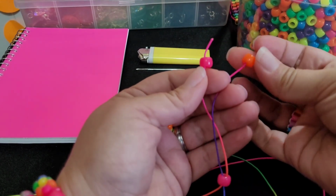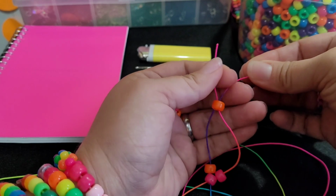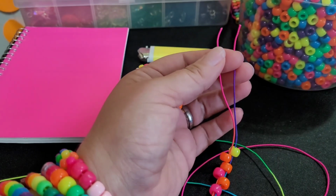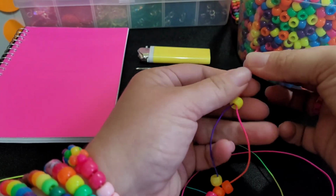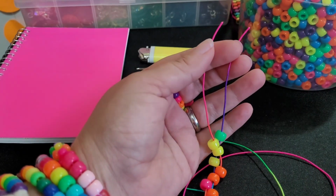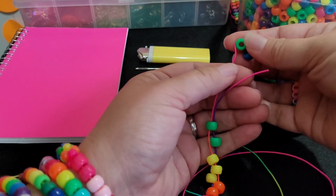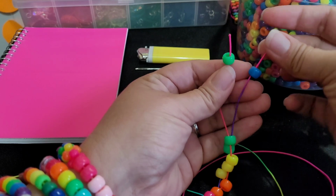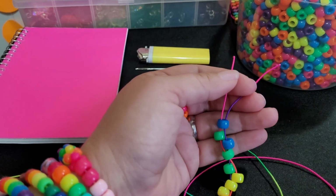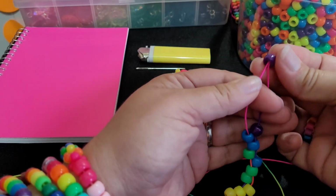You're going to put pink, orange, orange that goes through both, orange, yellow, yellow that goes through both, yellow, green, green that goes through both, green, blue, blue that goes through both, blue, purple, purple that goes through both,